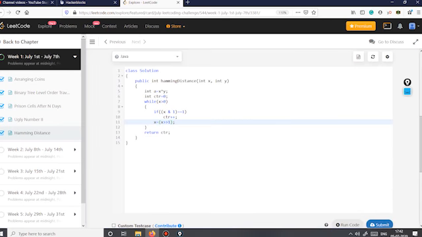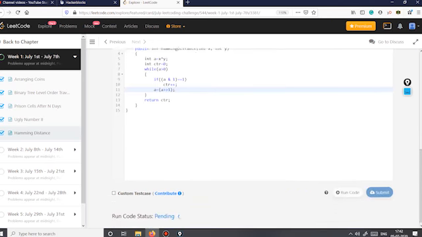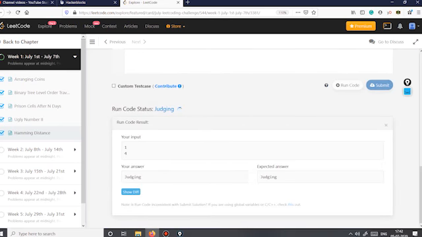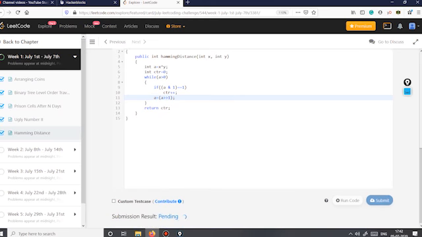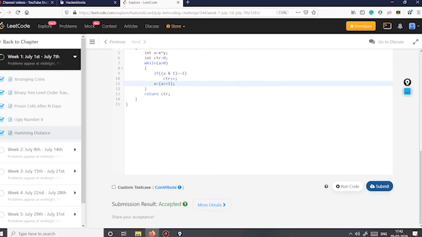Okay, the answer is still not correct. Here we went to x and y. A is equal to x XOR y. Got it. Counter was 0. While x, okay, we are not having x. We are doing the operation on a, right? So this would be a and not x. That is why. Yeah, cool, so we have the answer. We'll submit it and then check whether it's right or wrong. All right, so it's accepted, right?